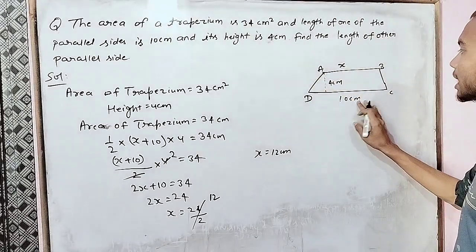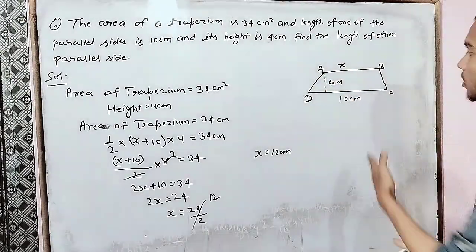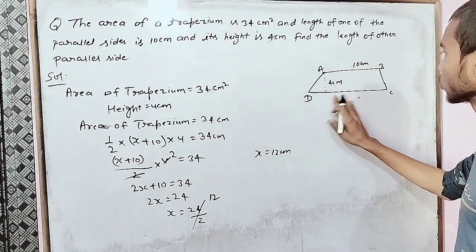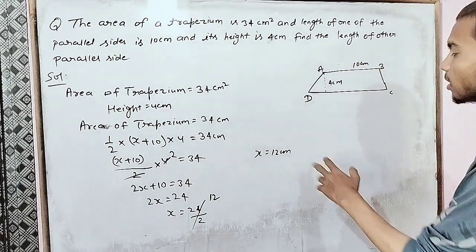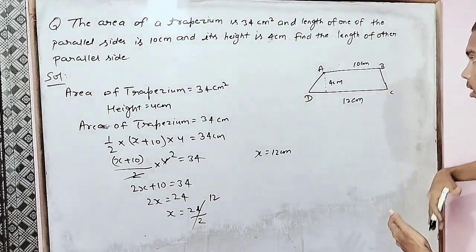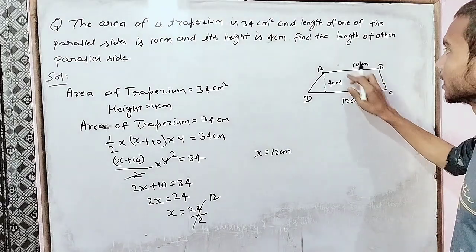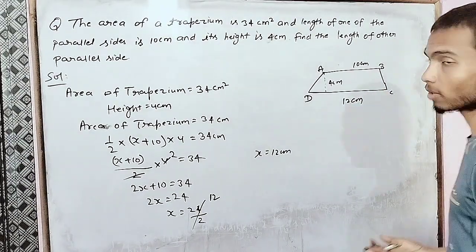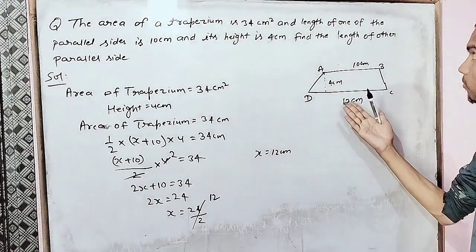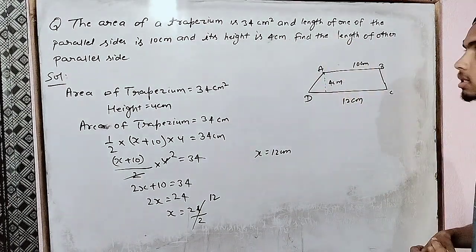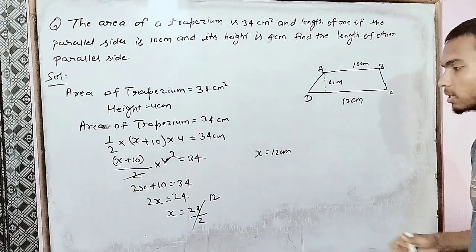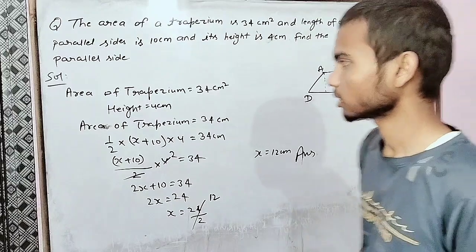So this is not 10 centimeter. We were just assuming that this will be 10 centimeter. So this is 10 centimeter, because 10 centimeter is less than 12 centimeter, and this is 12 centimeter because this line segment is bigger than this line segment. So we have found the measure of the parallel line, which is 12 centimeter. This is the final answer. As you can see,